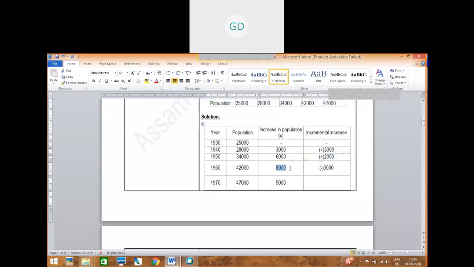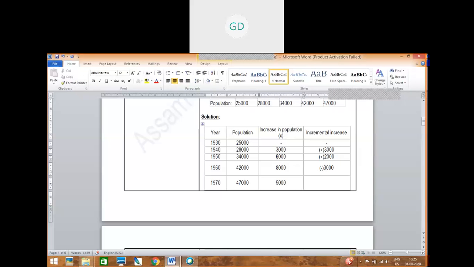You forget all this. First you just subtract it. You forget whether it is a negative value or a positive value; later we will note it down. So 5000 minus 8000, what did you get? 3000. Okay, so now we will see the sign conventions.